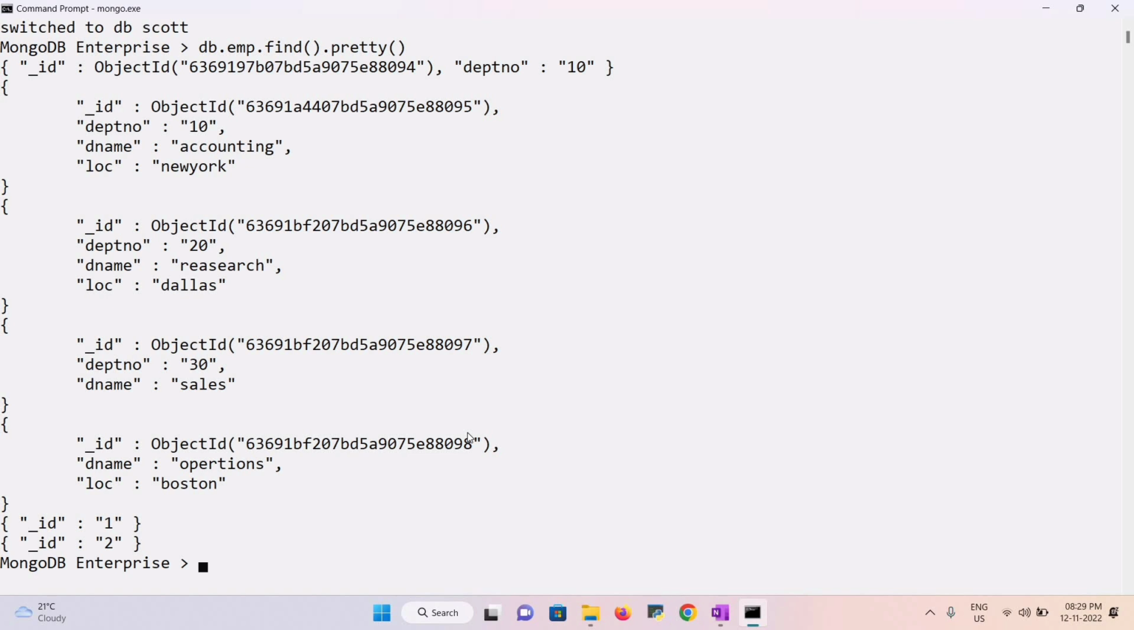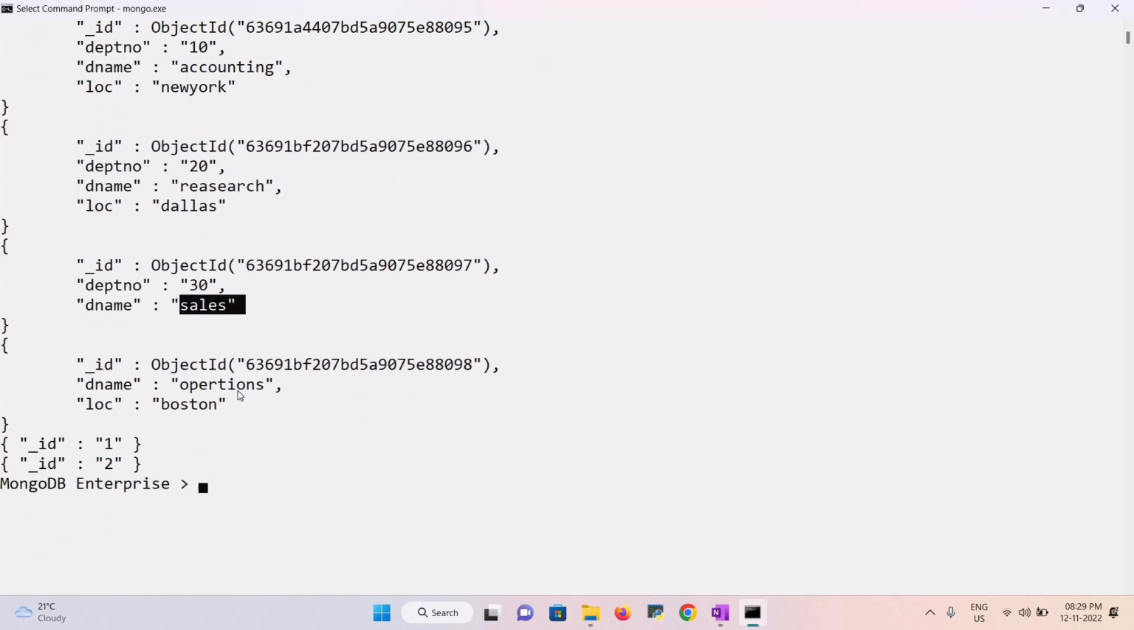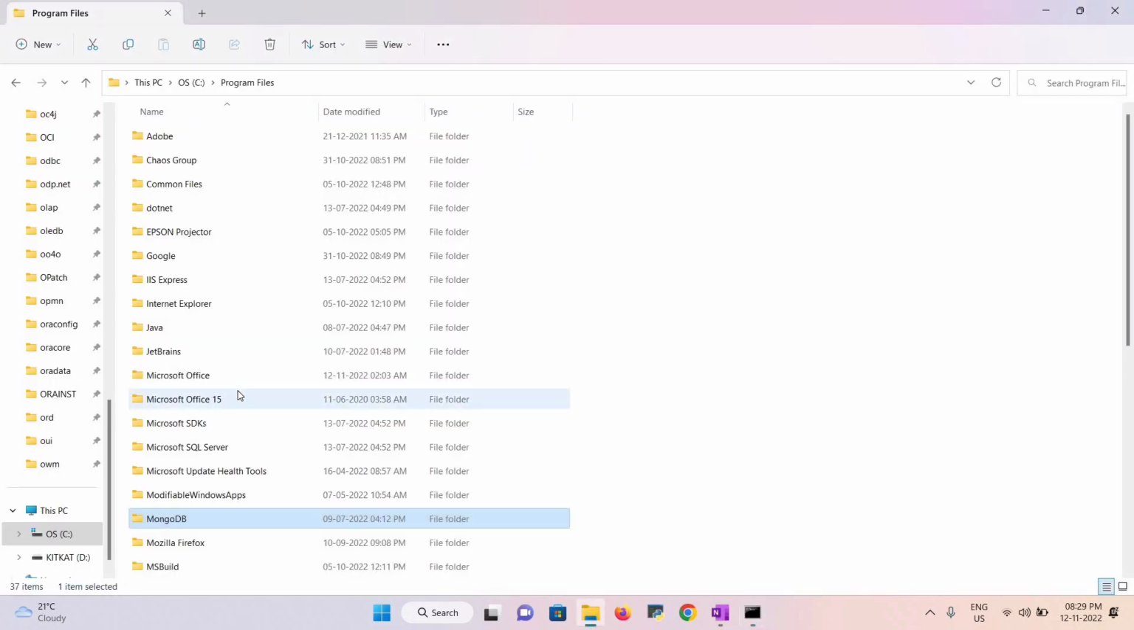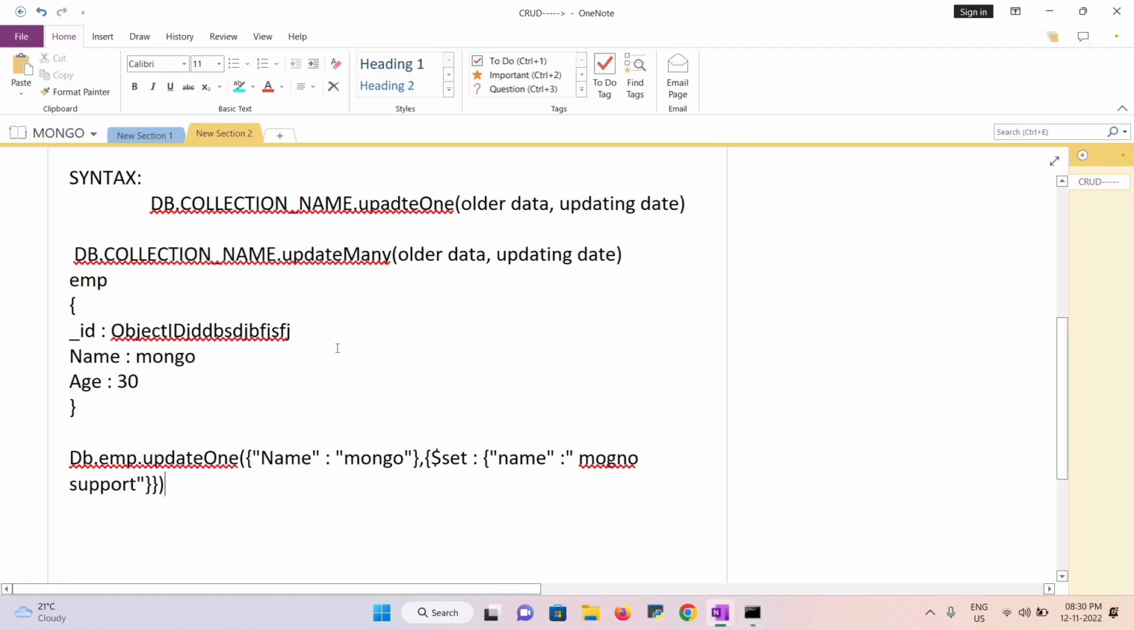Now I want to change this sales into product department. How can I change this? I'm changing it in the sense that I'm updating the value. How can I update this value? First, according to my syntax, let me close this. According to my syntax, I should write db dot the collection name dot update one,